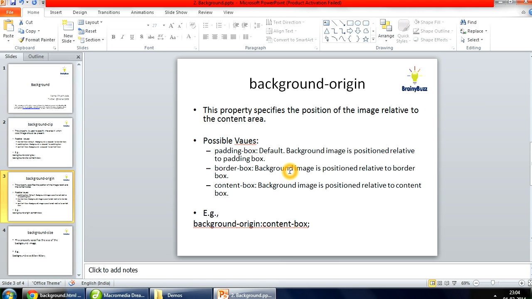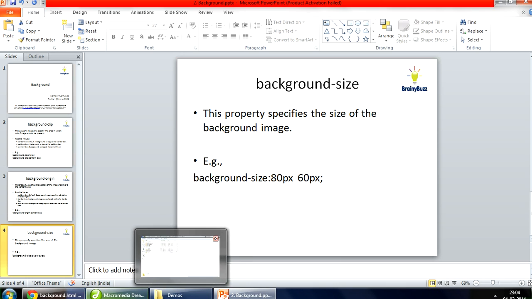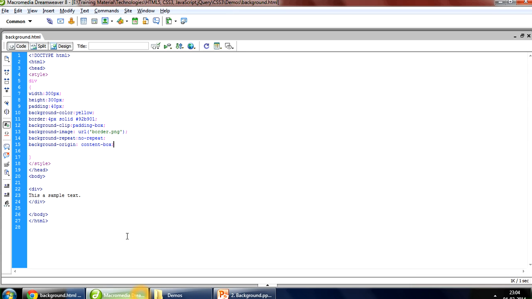Another thing, we have the background size. This property specifies the size of the background image. So like I have this much size of background image.